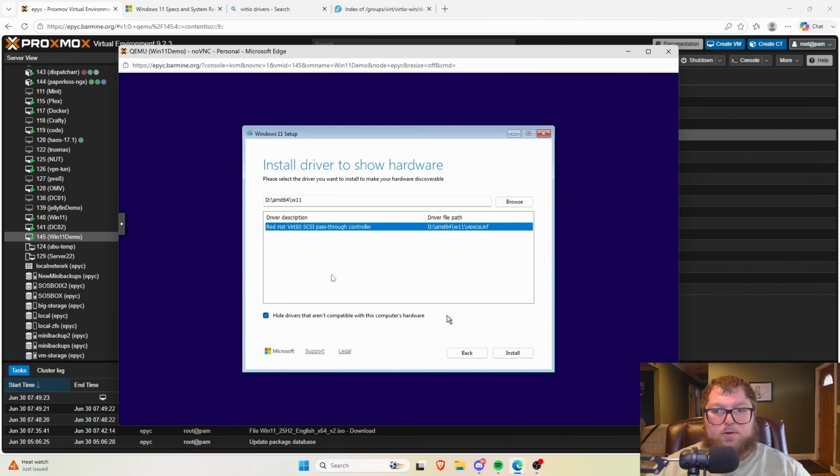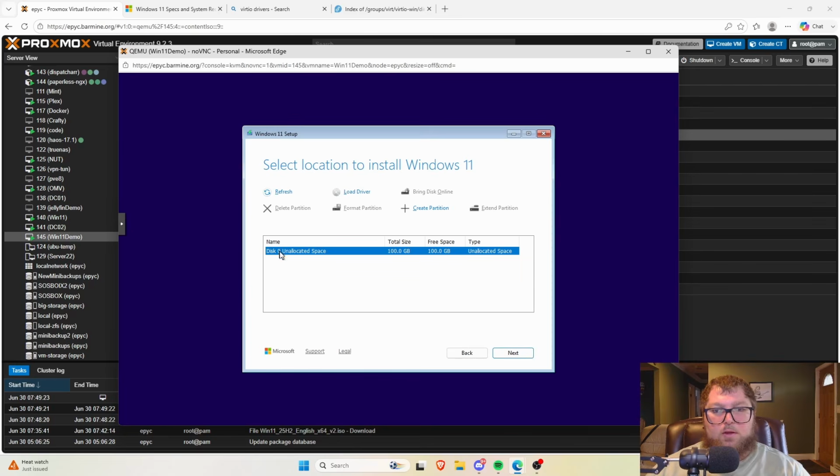Then we can click on it, and you can see over here it has the Red Hat VirtIO SCSI pass-through. This will be how it actually will see the disk. We'll click install, and now you can see it sees our disk. So I can click next,